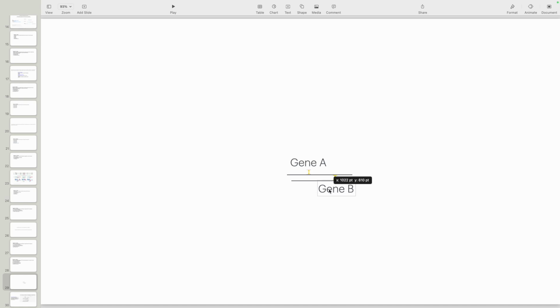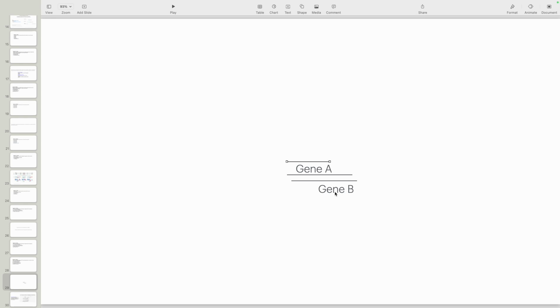So here gene A is present and gene B is present, and some region of gene A and gene B are overlapping on these strands. So when a read is coming, let's suppose this is our read, it is coming from gene A in a sequence, but we can see that this part of the read is covering gene B, and for gene B we can over quantify our read,